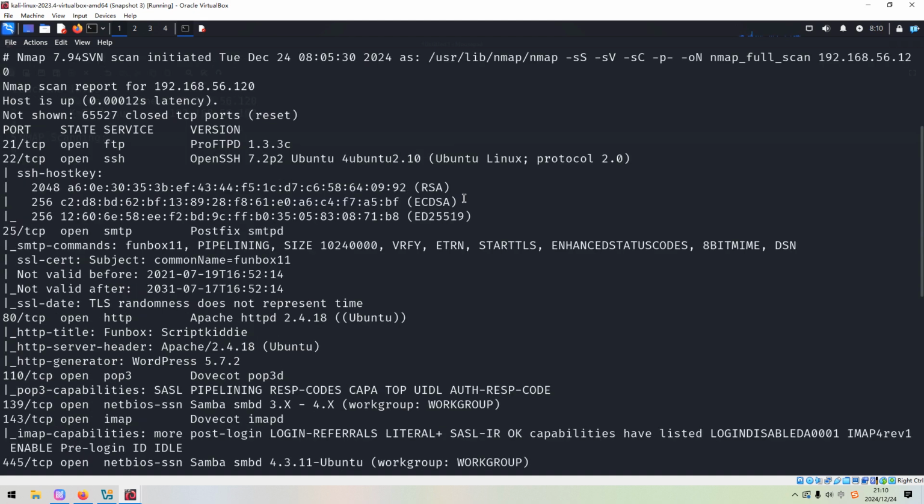And as you can see over here, I used the options like SYN scan, the version scan, the default script scan, followed by -p- to do the full range port scan. The last option of all is -oN to output the result into this file. Although Nmap can support other types of formats to output.